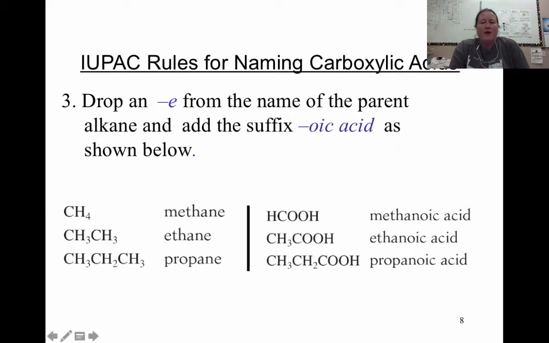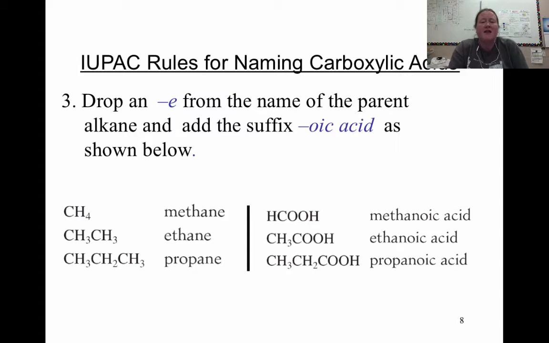So a one carbon carboxylic acid is called methanoic acid. A 2-carbon carboxylic acid is called ethanoic acid. And a 3-carbon is called propanoic acid. So something that's sort of interesting about methanoic acid is a common name for it is called formic acid, and it is found in ants' saliva, and it is what you feel when you get that